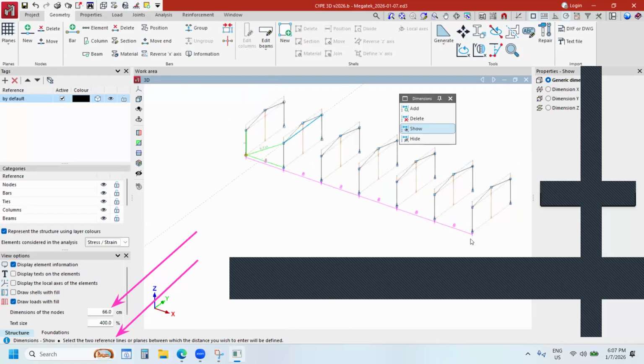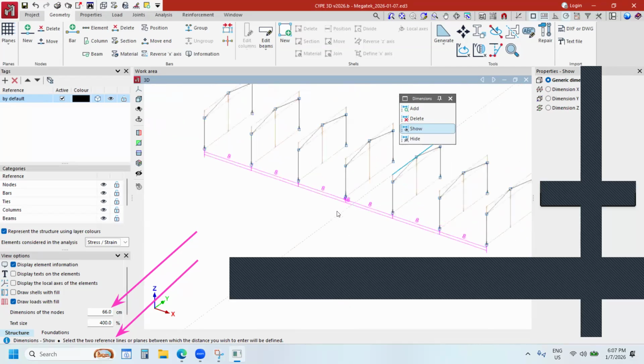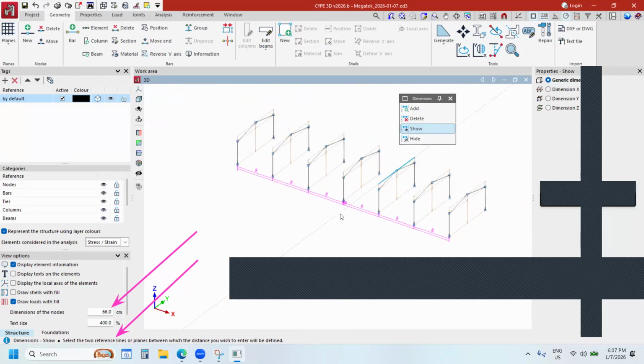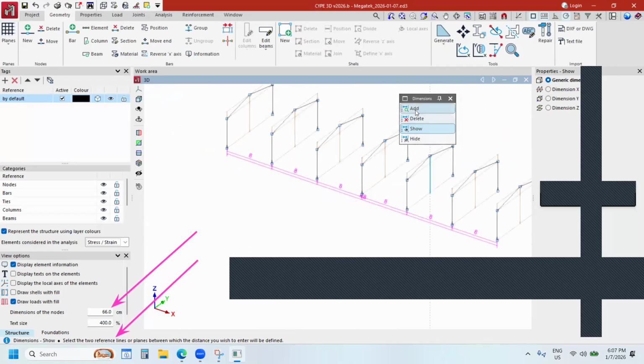Okay, and also I can go from here and here. So the overall is 48. So what is the meaning of the add option? Okay, so right now we have the 888, right? So if I click on add,